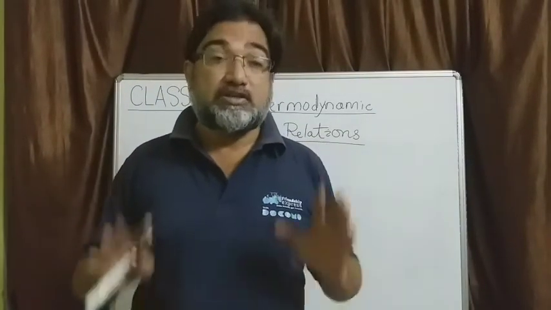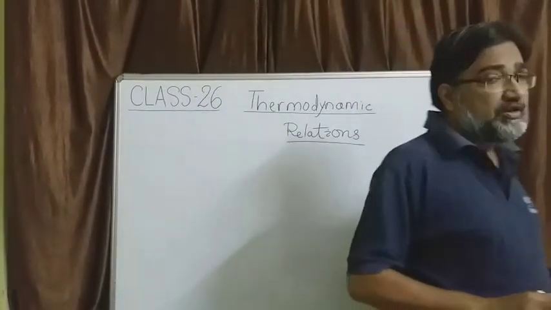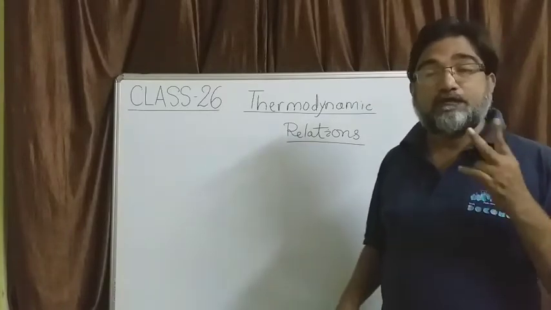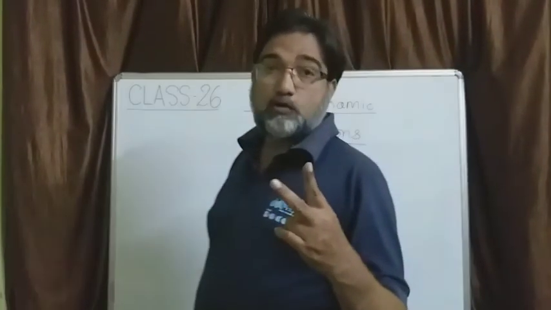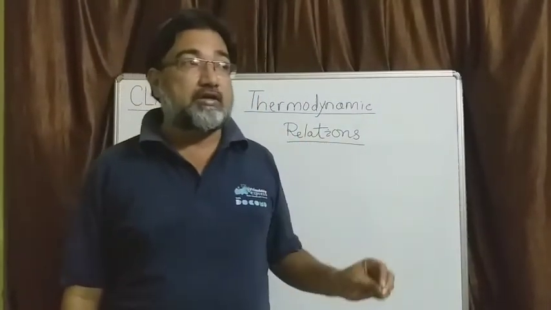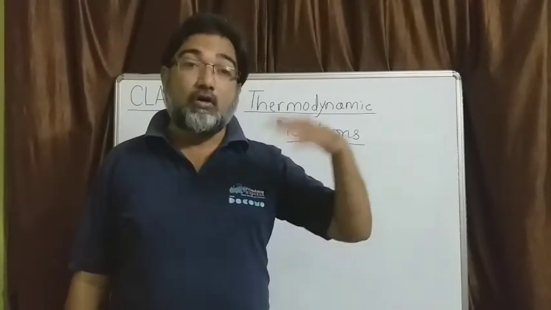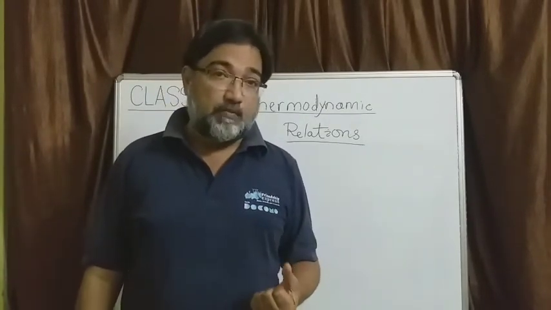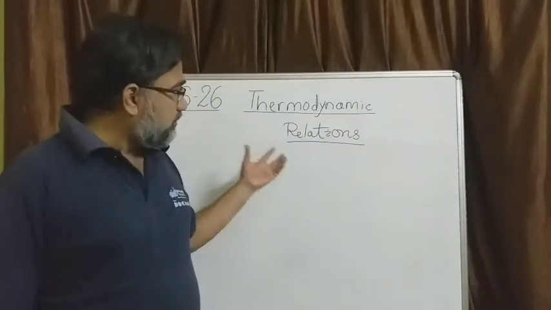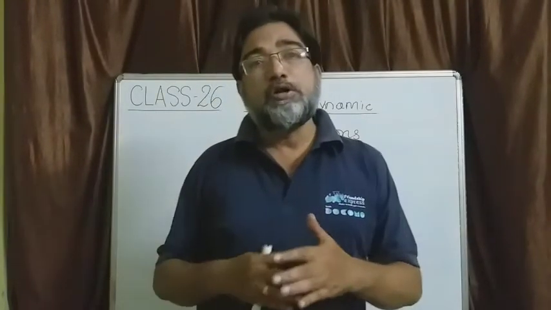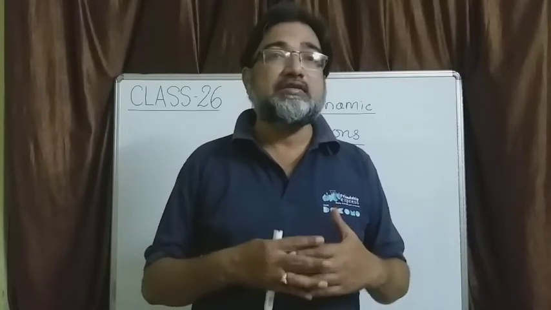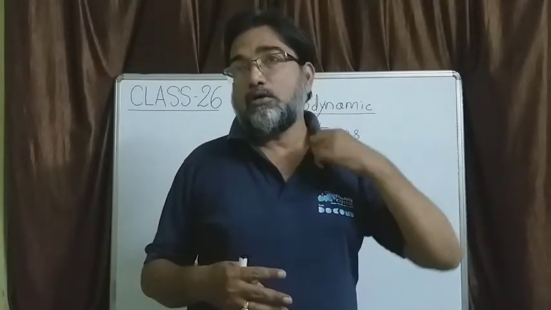Similarly, in thermodynamics, if you know at a particular state of a system the values of two of its properties out of eight, then you can locate the system and all other properties can also be determined. That's the beauty of the study of thermodynamics. And this chapter, thermodynamic relations, gives you an idea about how these properties are related to one another. Alright. So in this chapter, you have to understand